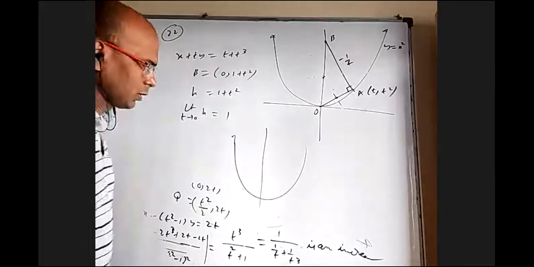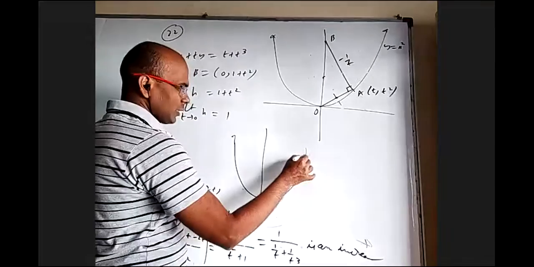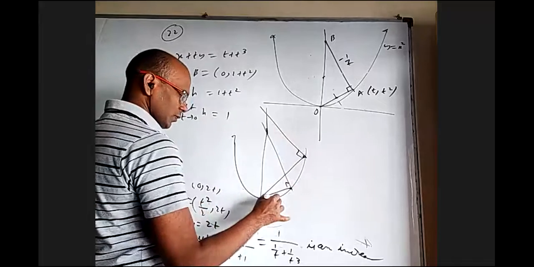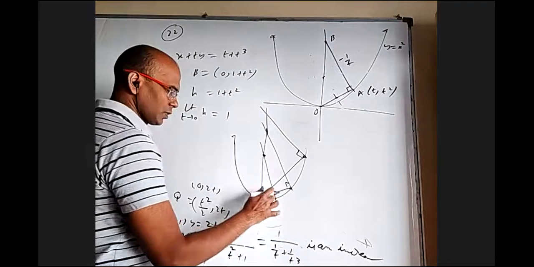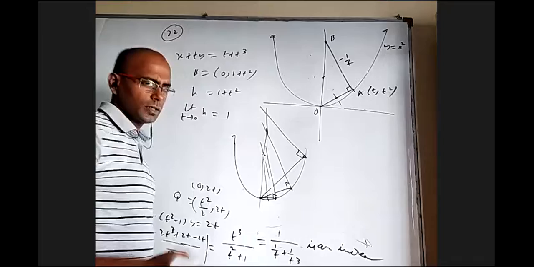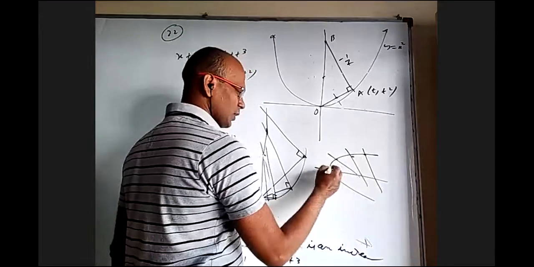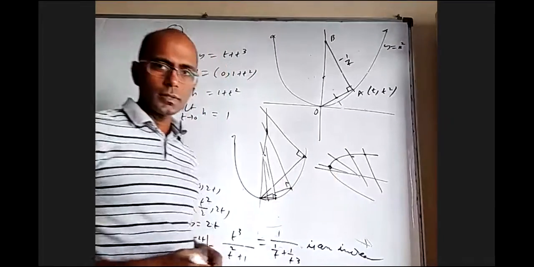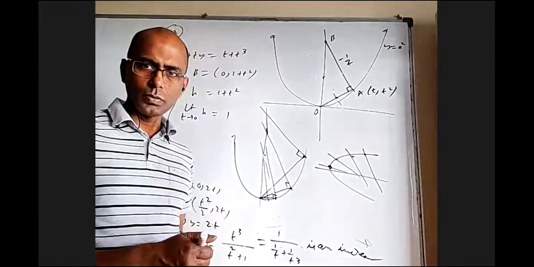I'll tell you. Let us take one point here and draw. It will be here. When you take A here, it will be like this. When you take it here, it will be like this. See, this is not going very far. When it is here, if we draw the normal here, the normal here is almost horizontal. But the x-intercept of that normal is actually coming towards this side only.